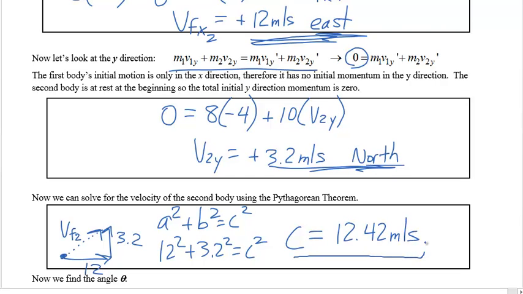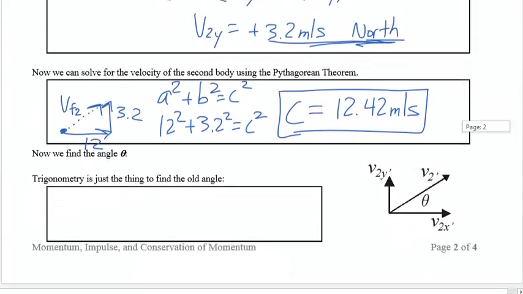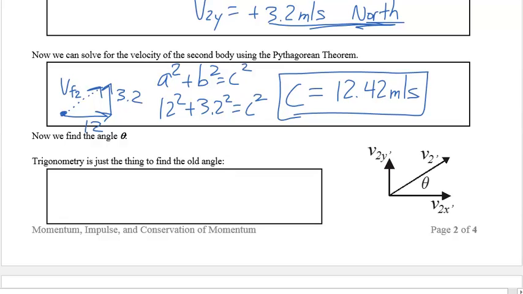So that is only part of our answer. That gives us how fast it's moving. It doesn't give us the direction. So we need to take it one step further and find the direction. So looking at our angle, right, we're looking for the angle that it came from to give us direction. So finding that angle, right, theta is the inverse of tan, right, and tan is opposite over adjacent, so the opposite of that angle is 3.2. The adjacent to the angle, of course, is 12. And so punching that in your calculator, making sure you're in degrees mode, will give us that angle, and it comes out to be